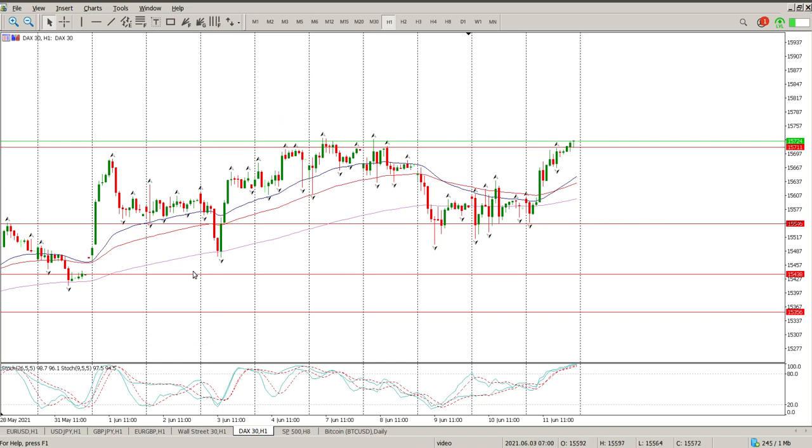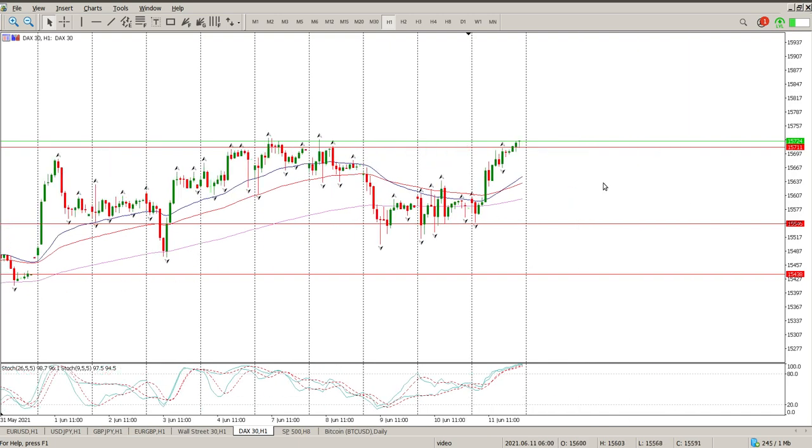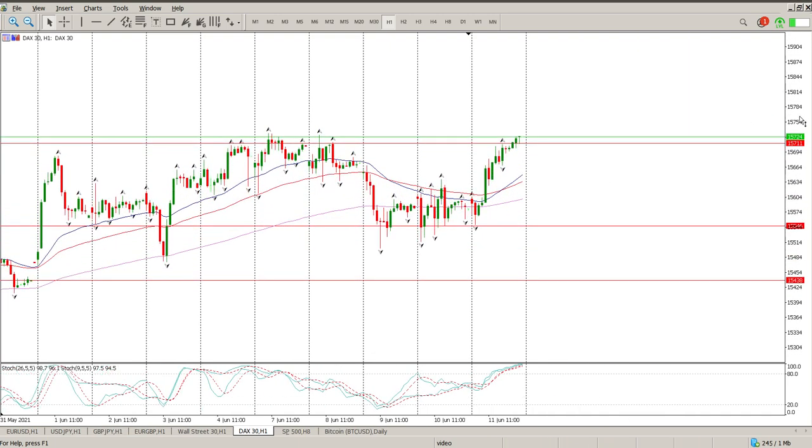Let's just keep that one in. Let's delete that one so we can just get a bit of a clearer picture of what's happening. Yeah, perfect. So we are top of channel. Not interested in buying into that when the oscillators are like this on the hour as well. So we'll wait for the pullback, and pullback will be somewhere into structure here, I would assume. So that would be the first area of 15,639, and then the second area would be bottom of the channel